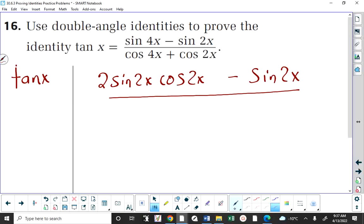I hope you recognize that there's a common factor here. And I don't know if we want to pursue that avenue or not. We're going to hold off on that decision until we're done with the bottom. Because if we don't factor out and maybe look at simplifying that way, the alternative is to rewrite those three pieces with double angle identities, and it's going to very quickly explode into a mess, which we may have to do. On the bottom,